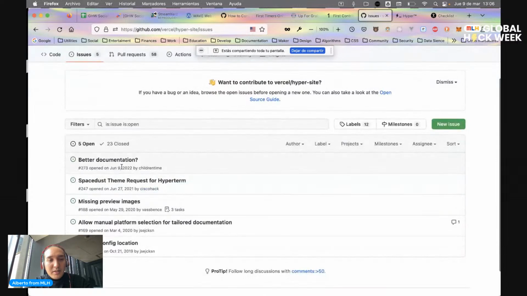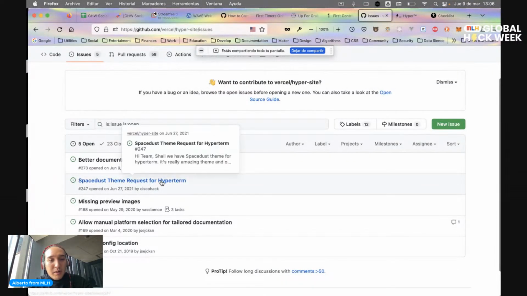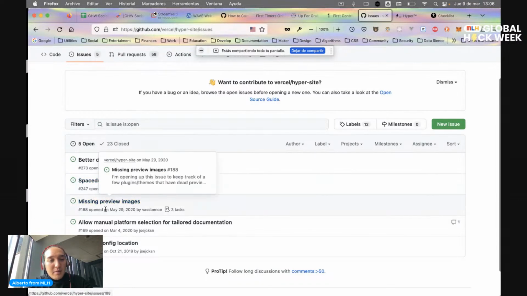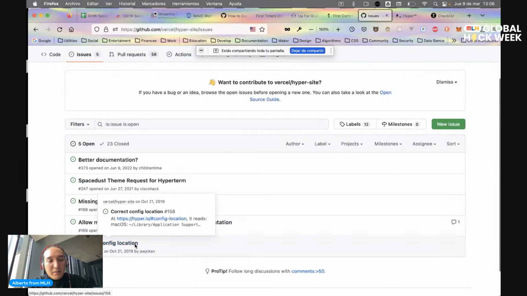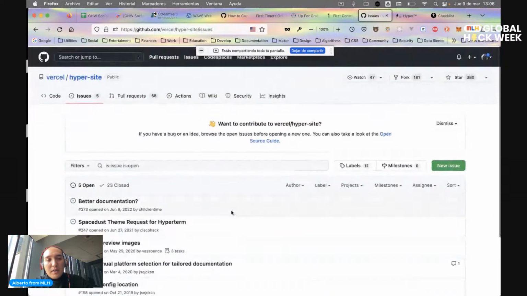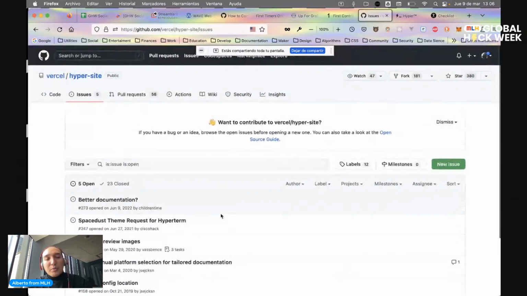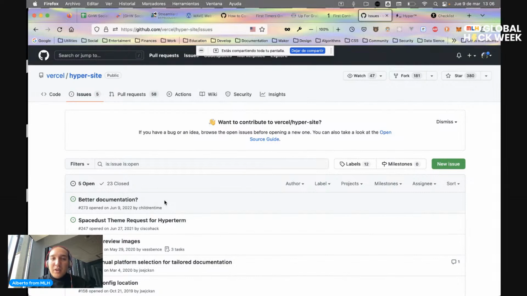Better documentation, reduce space, theme request for hydrogen, missing preview images, allow manual platform, correct config location. There is no issue reported about accessibility. So I don't know if there are no accessibility issues or they don't know about their accessibility issues.